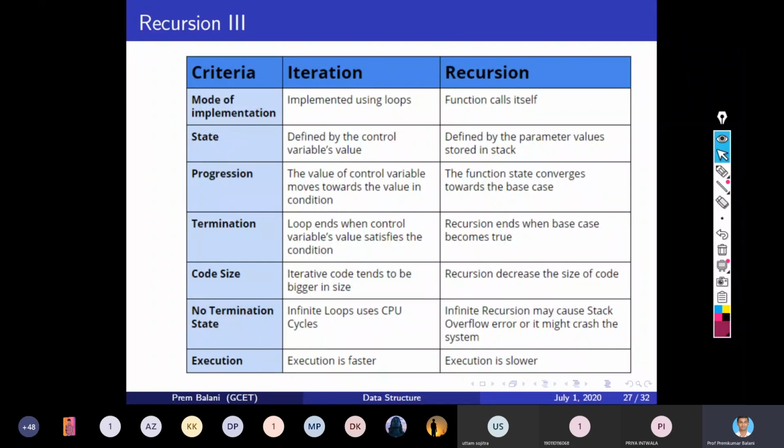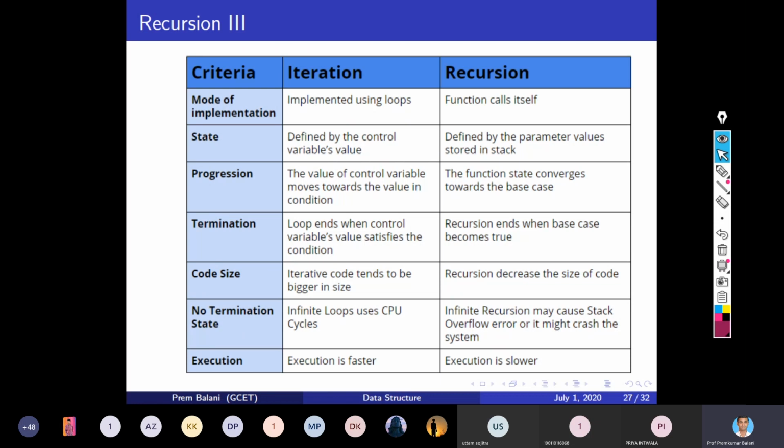The parameters which you pass as arguments, for example, factorial of n, so n is the argument which I passed. Next is the progression. The value of the control variable moves towards the value in the condition, while in recursion, the function state converges towards the base case.